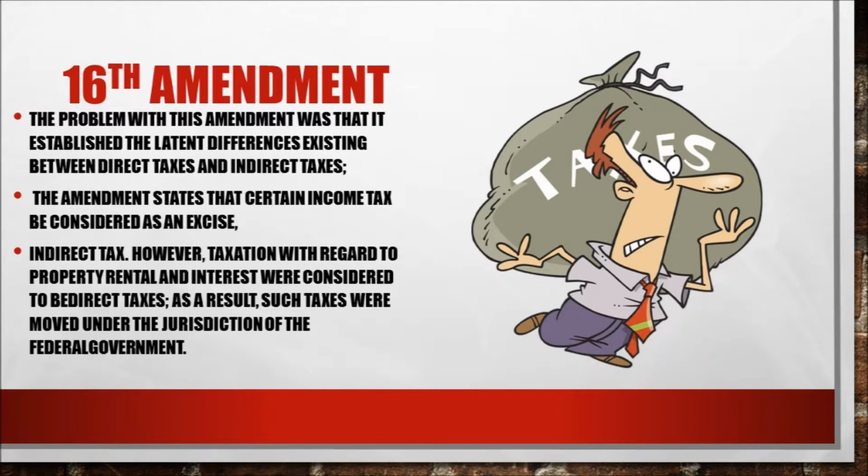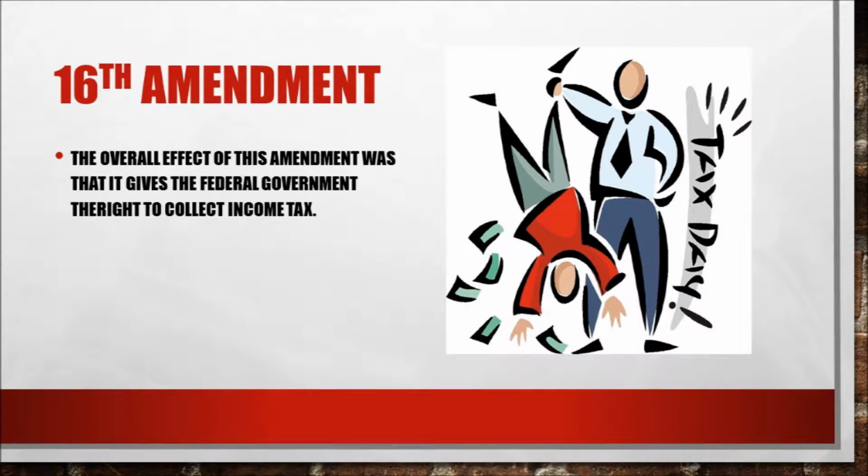The 16th Amendment, however, did have some issues. The problem with this amendment was that it established the differences existing between direct and indirect taxes. The amendment states that certain income tax be considered as an excise, an indirect tax. However, taxation with regard to property, rental, and interest were considered to be direct taxes. As a result, such taxes were moved under the jurisdiction of the federal government. The overall effect or impact of this amendment was that it gave the federal government the right to collect income